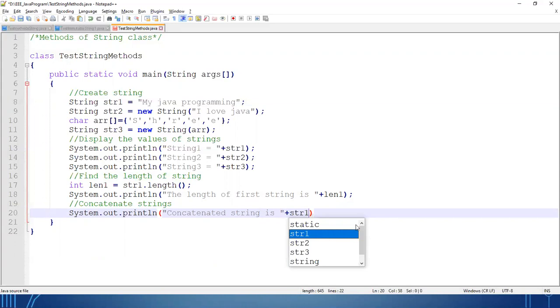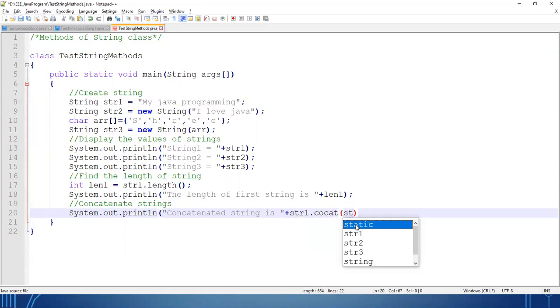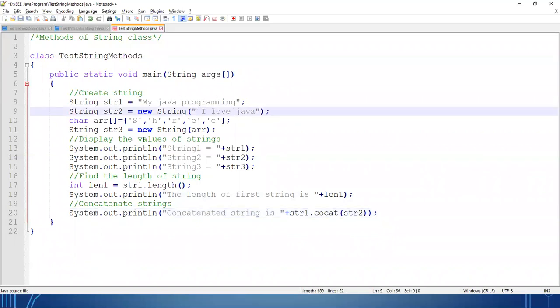I'll add str1 dot concat, and I'll pass the second string. Let's check what the value should be: my Java programming, I'm giving a space here, so I love Java.